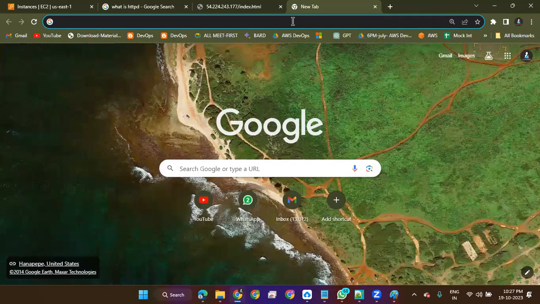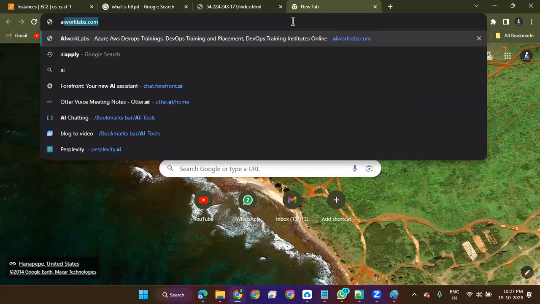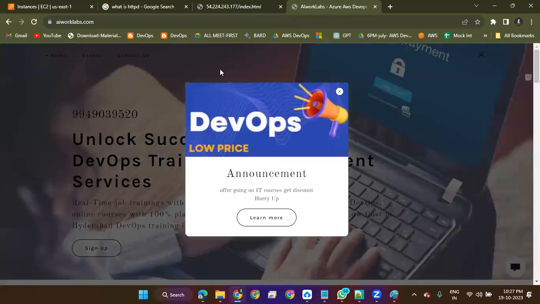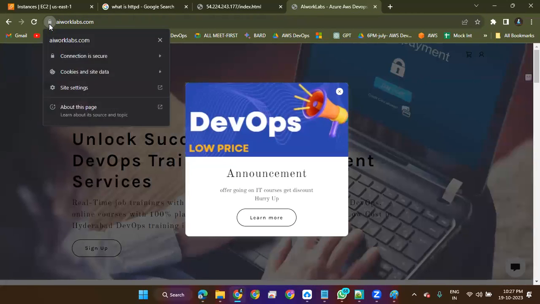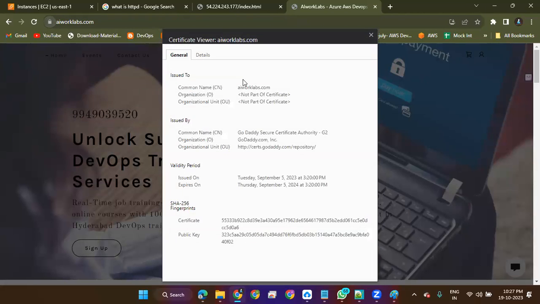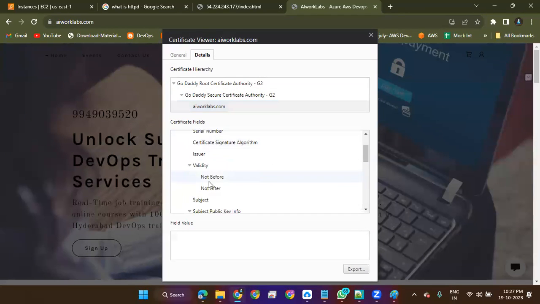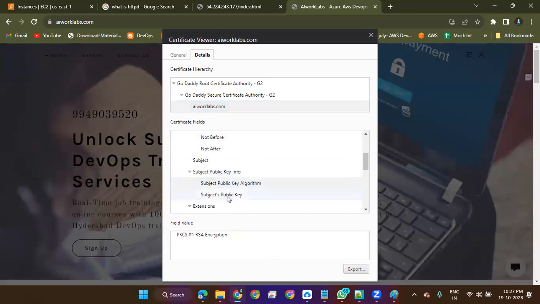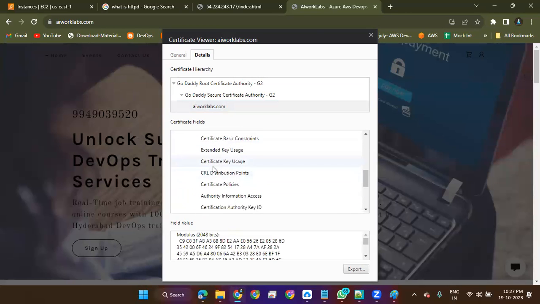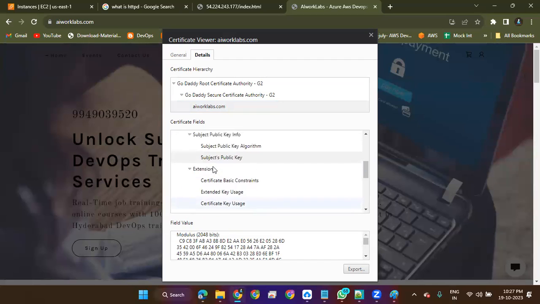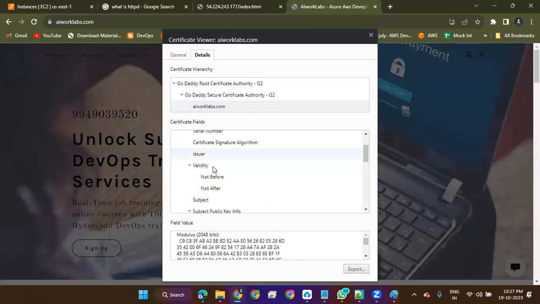For example, let me search, like this is my site. And if you see, I have my certificate here. So, connection secure, my certificate. This is my own certificate. I update it every day, when it's going to expire and so on. The certificate I have done through AWS Cloud only. But I bind it. Then I requested them to bind it to my DNS, and it got bound. Okay, we need the certificate.